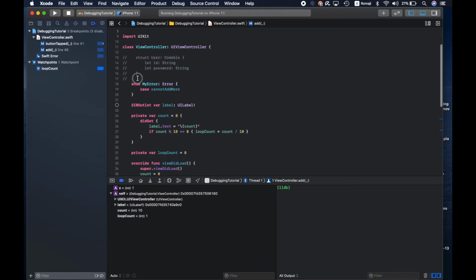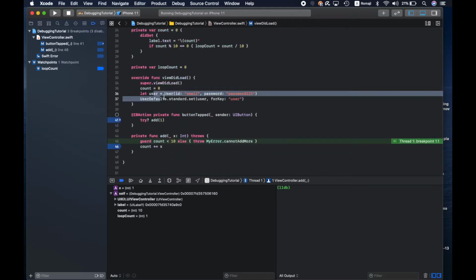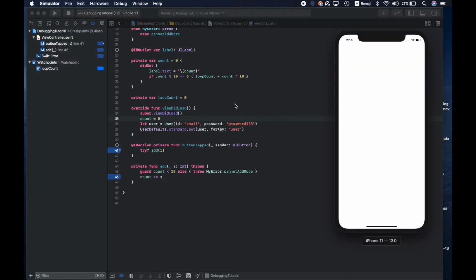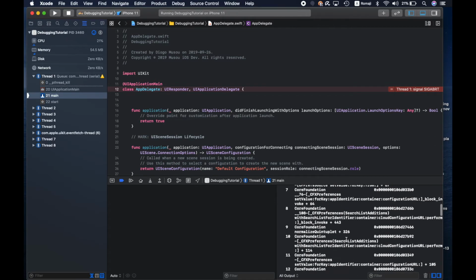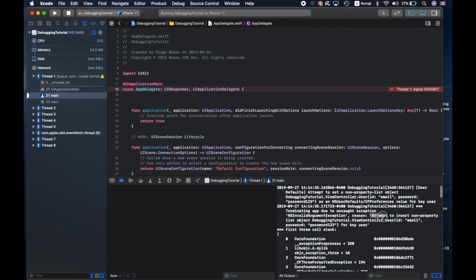Another thing we can test is, suppose you have this struct users, and then here on view did load, you create an user and try to add it to UserDefaults. So if I run this, I get this error. It's in app delegate, so it's hard to know what happened. There are no useful log here in the bottom. If you go up, you can find some more useful information here. Attempt to insert known property list object debugging. So there is some useful information, but if you want to know the location of the problem, you can go here to breakpoints,